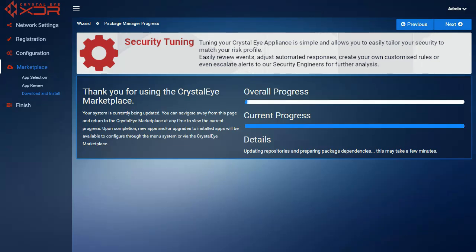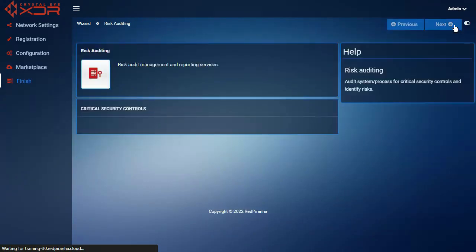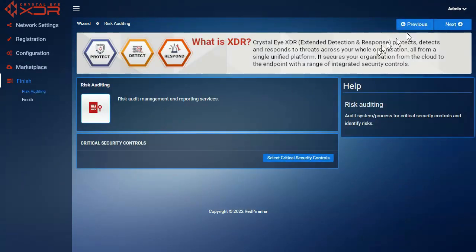What we can do, we can take advantage of the fact that this is like a multi-process appliance. So while this is doing the download and installation in the background, we can click on next. And we can start doing some risk auditing. So if you've just deployed this to a new customer location,